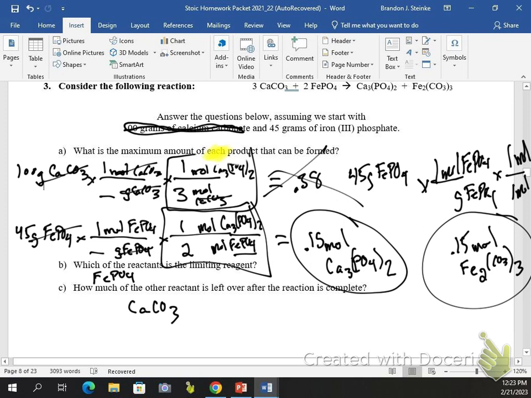Okay? Now, how does it give us the same answer for each one? Well, look at the molar ratio. 2 to 1. If we were to turn both of these into a mass, that's where we would see the difference, because the molar mass of iron carbonate is different than the molar mass of calcium phosphate. That's where we would see a change. But just in the mole ratio, the moles, they're the same. Okay? Now, just like in all math, some of you